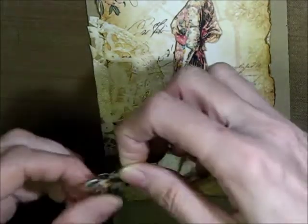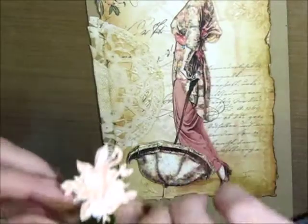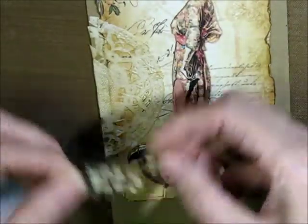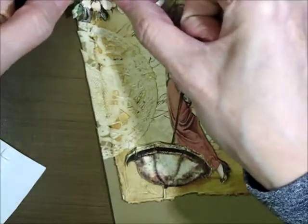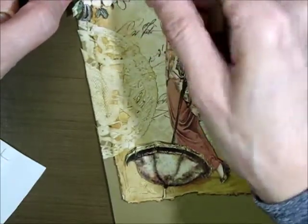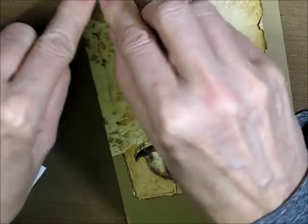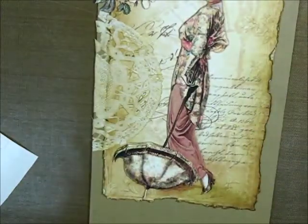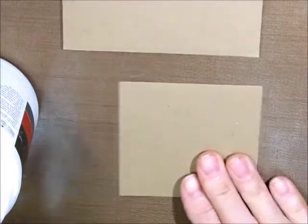Alrighty, now see if I can figure out how this goes again. So again, just center it over top of that flower and down she goes. There, I love how that looks. I really like that. And I want to use my gel medium for my